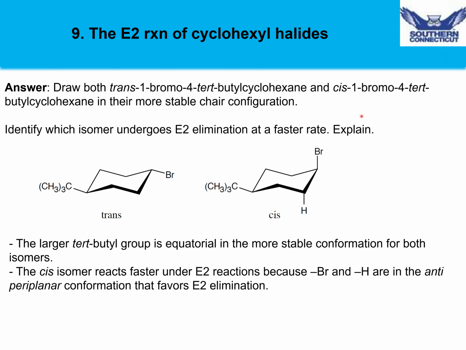Now, the cis isomer, again, would have the tert-butyl group and the bromine on opposite carbons of the chair conformation because it's 1,4 substitution. Now, cis means that this tert-butyl group is on the same side as this bromine. So we want to put both of them in the same molecule, whereas trans, they're facing opposite sides. Now with the cis